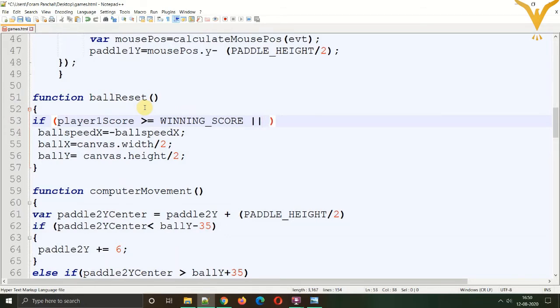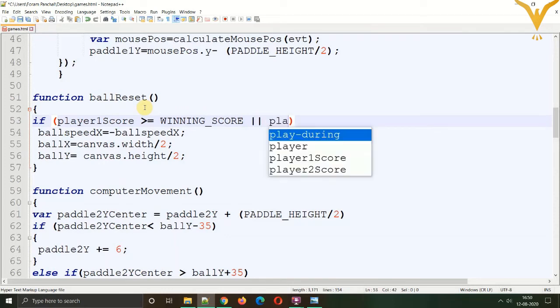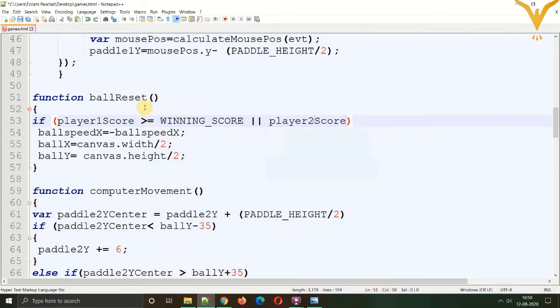This logically implies that either of the conditions should be true. If we put and, that is double ampersands, we need both the conditions to be true. So currently we are using the pipe characters. Next will be player 2 score is greater than or equal to the winning score.